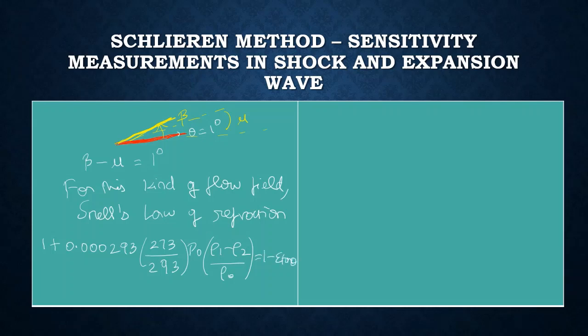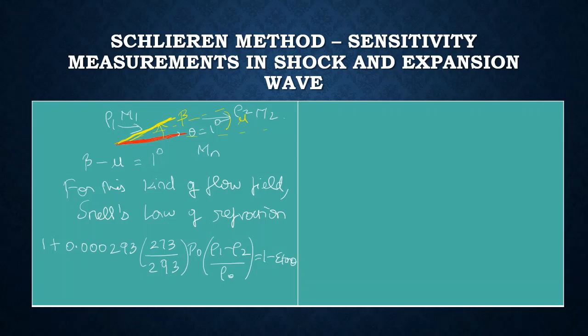And you know what is meant by epsilon. Epsilon is nothing but the angular deflection of the light. So the total angular deflection of the light is epsilon, and then you know theta. So this is Snell's law of refraction. We are going to use this relation, and you know very well about the stagnation condition. So P naught and rho naught are the stagnation pressure and stagnation density, and you have to know about rho 1 and rho 2. What are rho 1 and rho 2? This is rho 1, and behind it is rho 2, that is M1, M2, and then we have Mn in between them. So the normal Mach number is also considered.